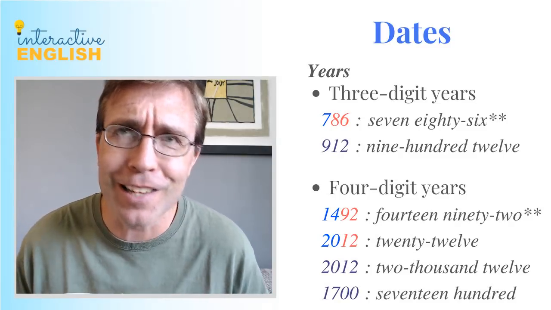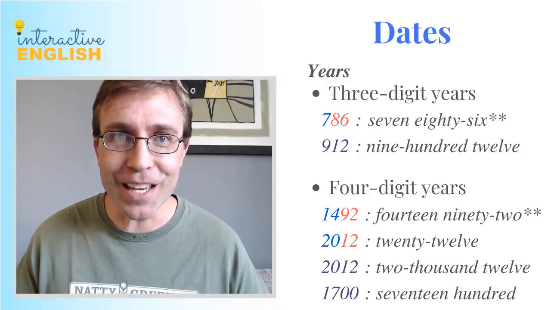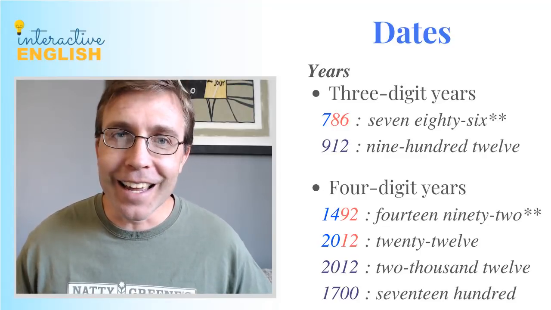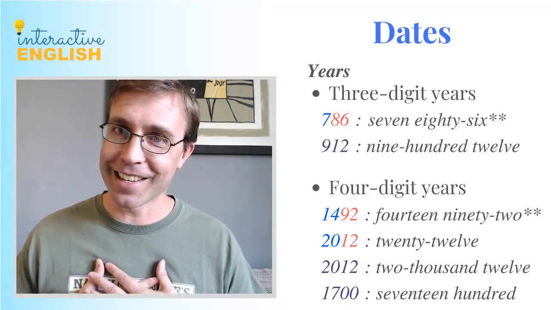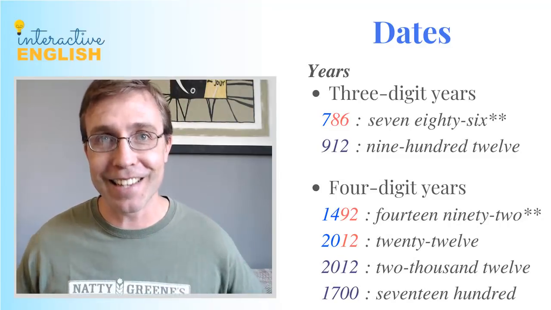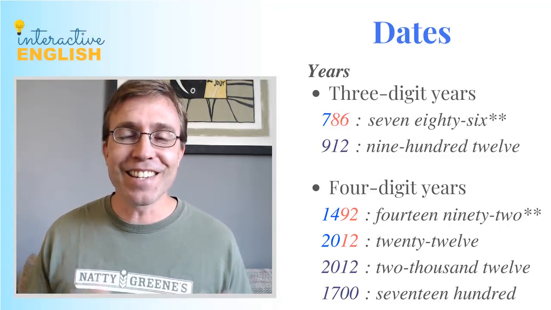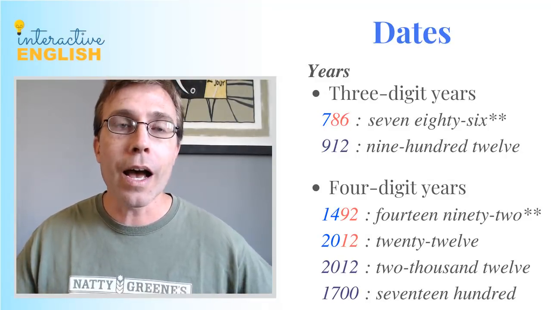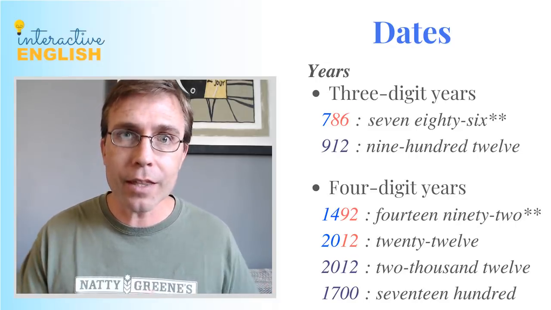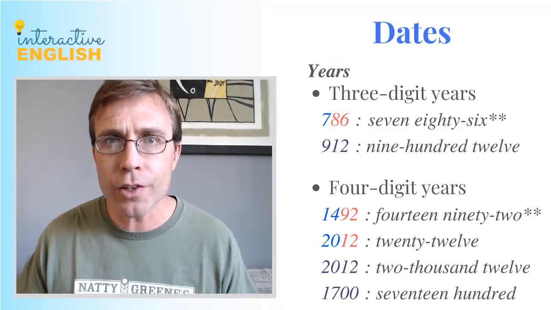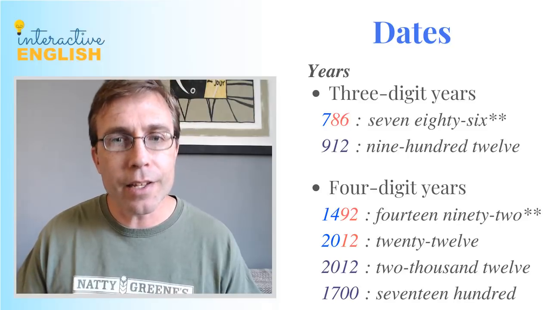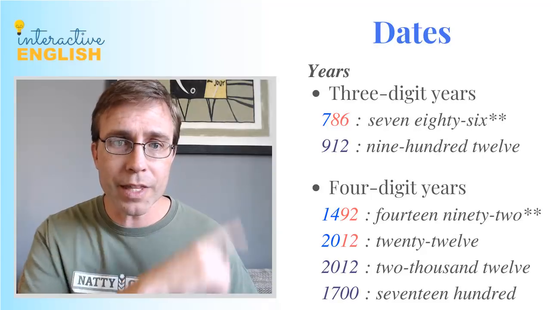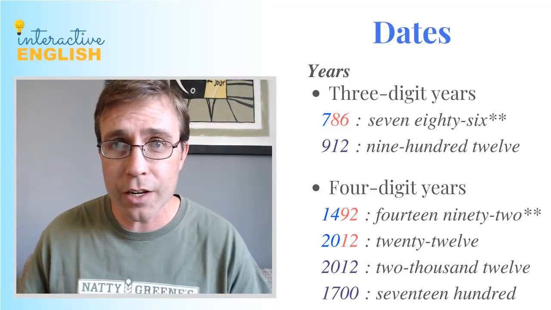Now, you might be wondering, Wes, why are we talking about some of this? Because honestly, the year 2100, you can do the math. I'm probably not going to make it to that year because it's still 72 years away. It's a long way off. But again, it's always good to know how to express these numbers, especially in the past, because we often talk about history and we talk about dates, and it's important to know how to say these. So again, definitely keep in mind those first 2 with the asterisk right there. If it's a 4-digit year, again, 2-digit,